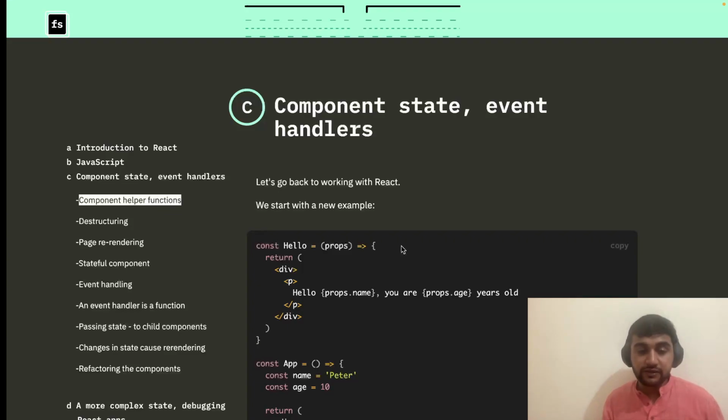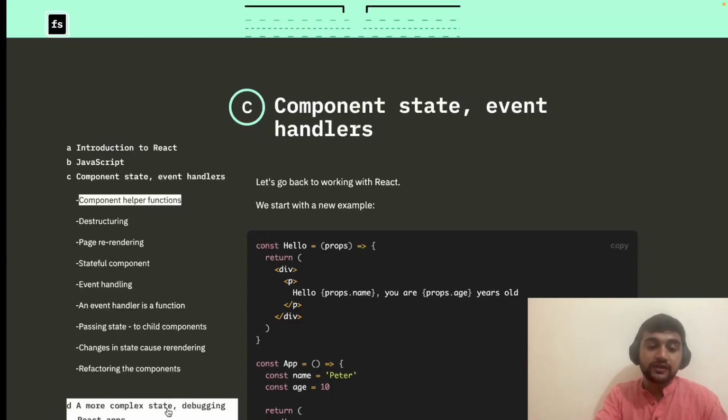So again, to conclude, this section is all about combining the use of the useState hook and event handlers. So they don't only teach you about event handlers in React.js, but they teach you event handlers in general as well. Now coming to the last section,